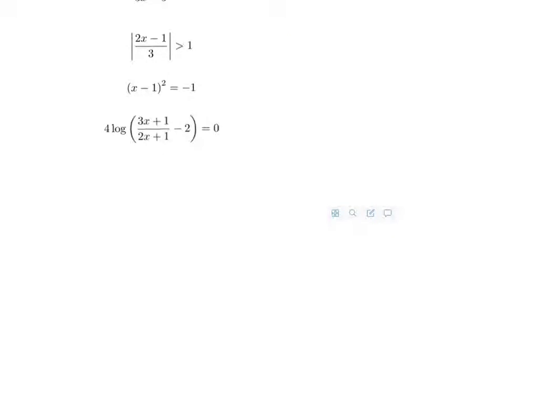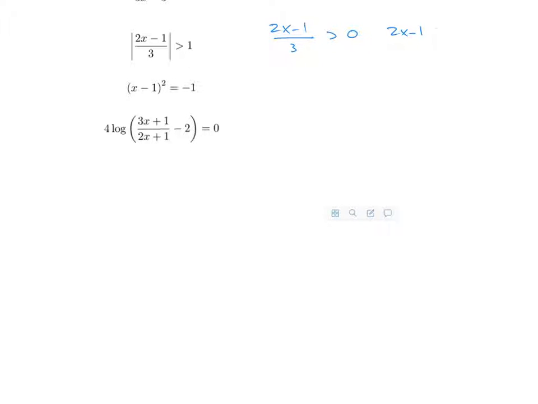So the next exercise is this inequality. We can't really solve an inequality, but we can find all the solutions, all the values of x that satisfy this inequality. So the first step would be that we distinguish two cases. This is the absolute value, so two things can happen. The first case would be that 2x minus 1 divided by 3 is positive, which means that